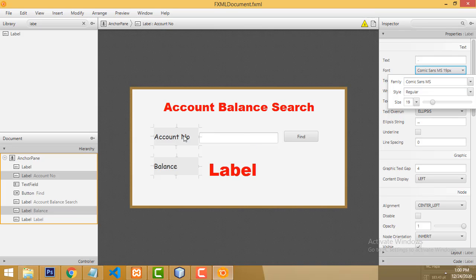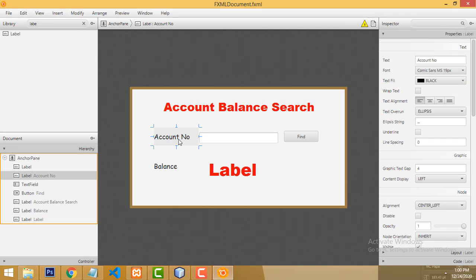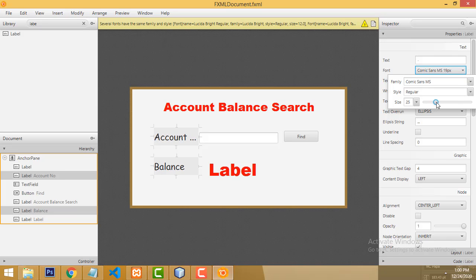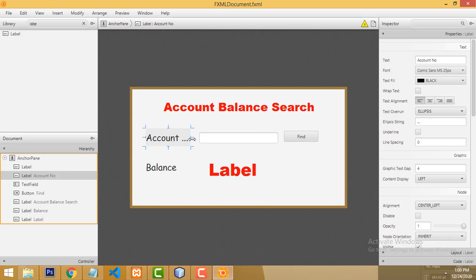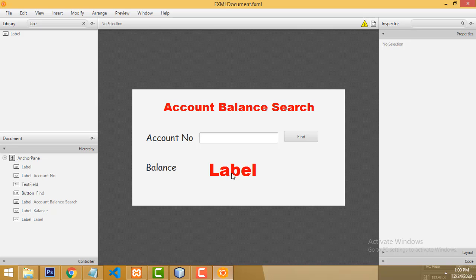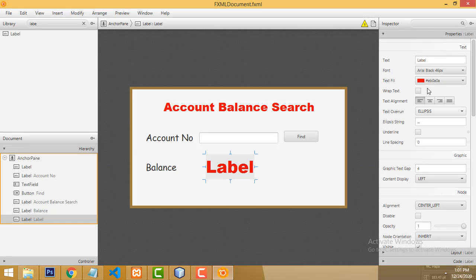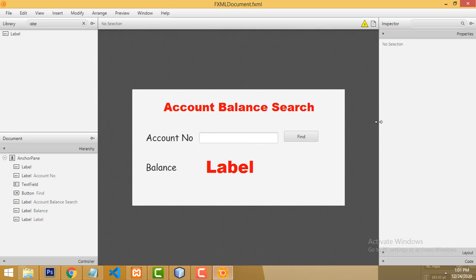Here, this is something good, this account number and balance, right? Select these two things and increase the size a little bit bigger, so it will work. It's simple. You can give this kind of style. You just search for the font which you like and put it here, right? If I change it and we have to see the look, it takes too much time to complete this video.